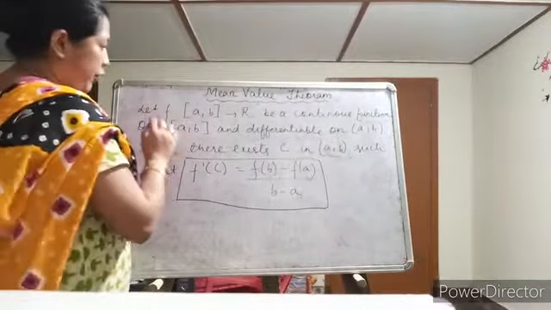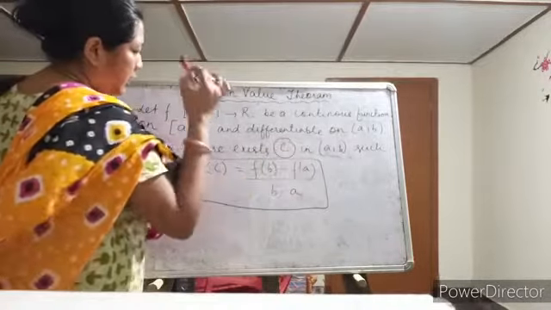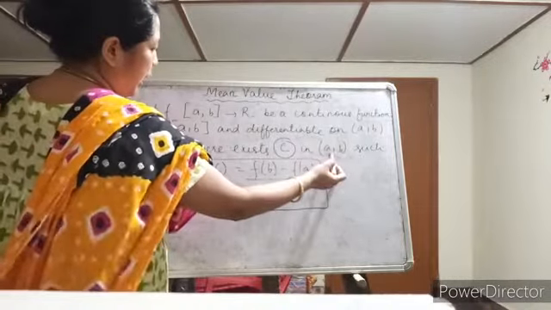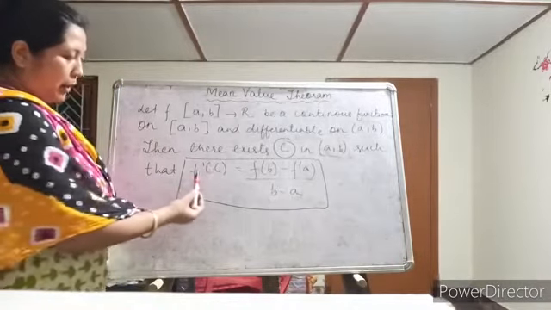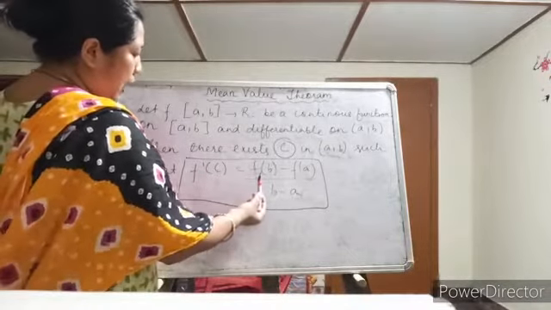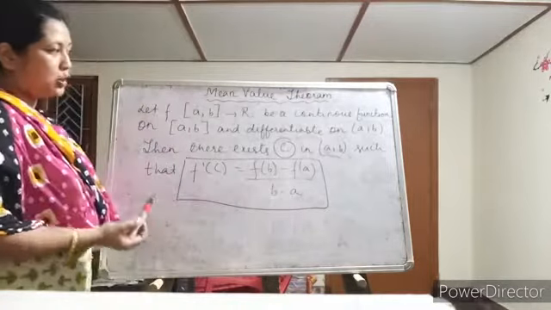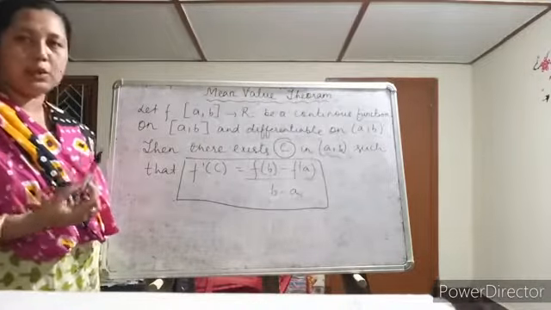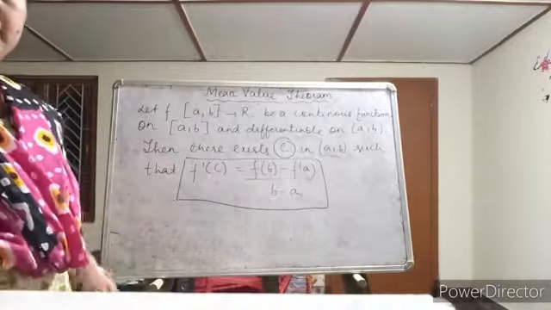So you will be given a function and an interval, and you have to find a constant number c lying in the open interval (a, b), where your first derivative, after you take it out, evaluated at that constant c, must be equal to f of b minus f of a divided by b minus a. This theorem is known as the mean value theorem. We will be discussing two questions based on this theorem so that it becomes clear.